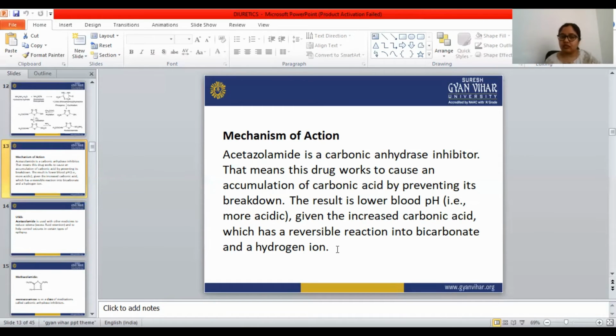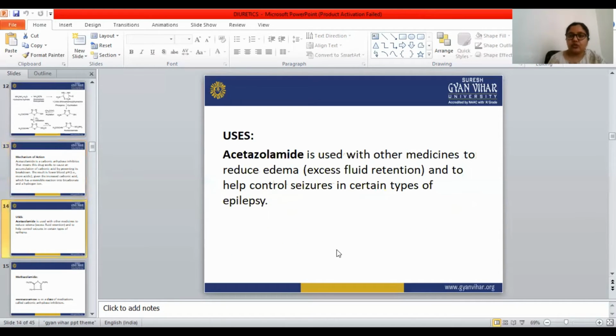Okay, so acetazolamide accumulates carbonic acid by preventing its breakdown, and the accumulation of carbonic acid lowers the blood pH, because this is an acid. Okay, so that lowers the blood pH, and given the increased carbonic acid, it has a reversible reaction into bicarbonate and the hydrogen ion. And the uses of the